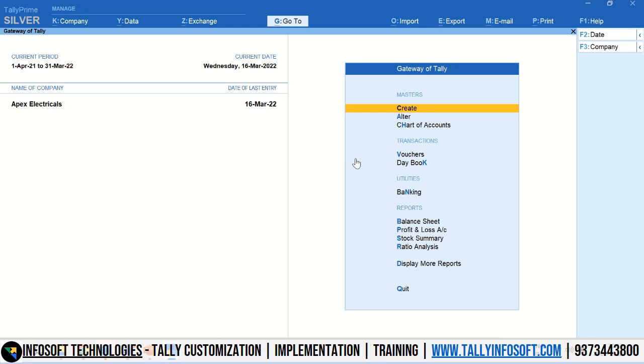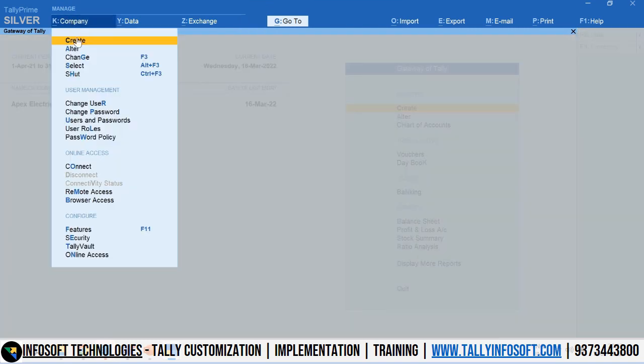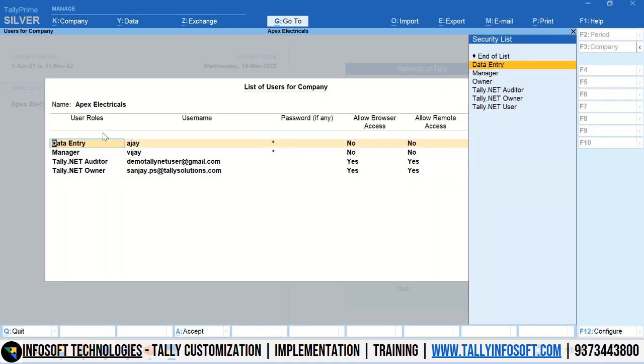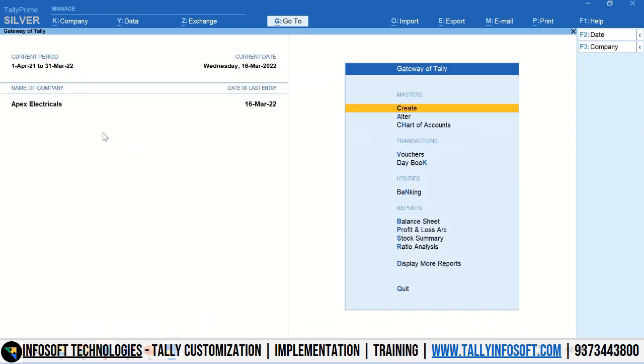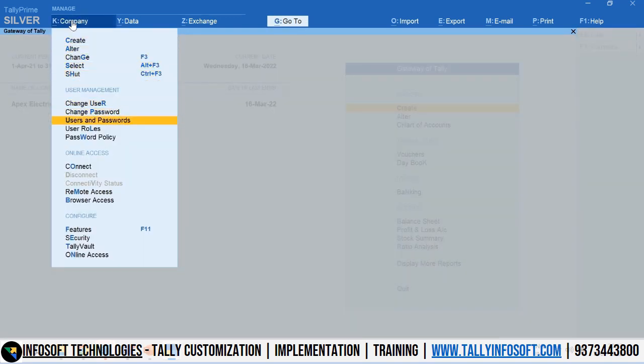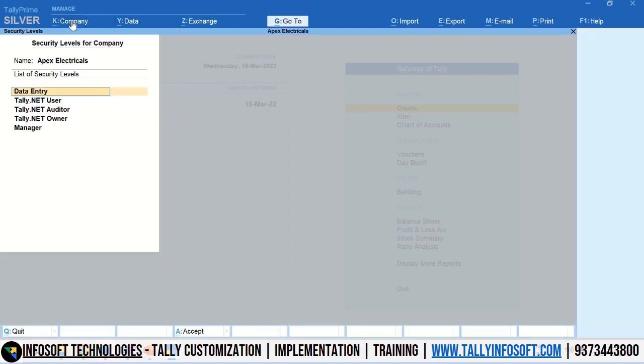Let us see how we can stop the alteration of transactions after audit completion. So we will go to users and passwords. I have created a user here, as you can see. Then in the same company menu, we will go to user roles, and here I'm selecting